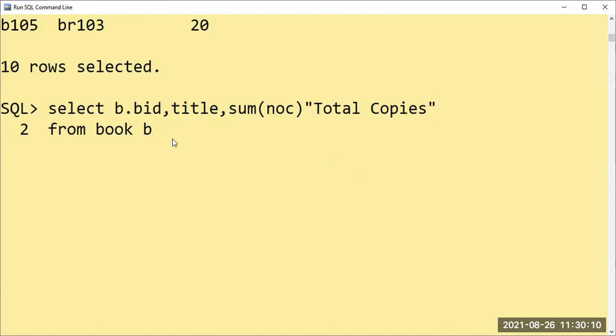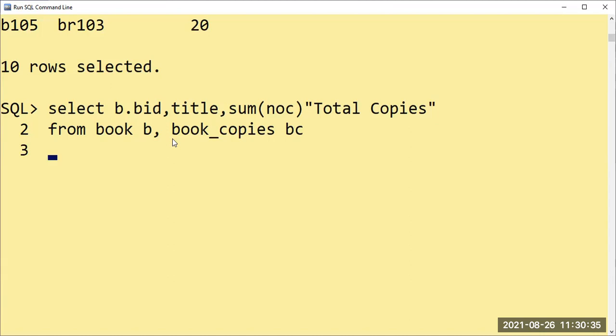You have to remember that what you have given in the selection statement should be followed down also. So from book B, comma, book copies. My table name is book underscore copies here. Whatever your table name is, you have to take that. And for that variable or object, I will create BC. If I say B, B is already created for the other table. Okay, so two tables are there.